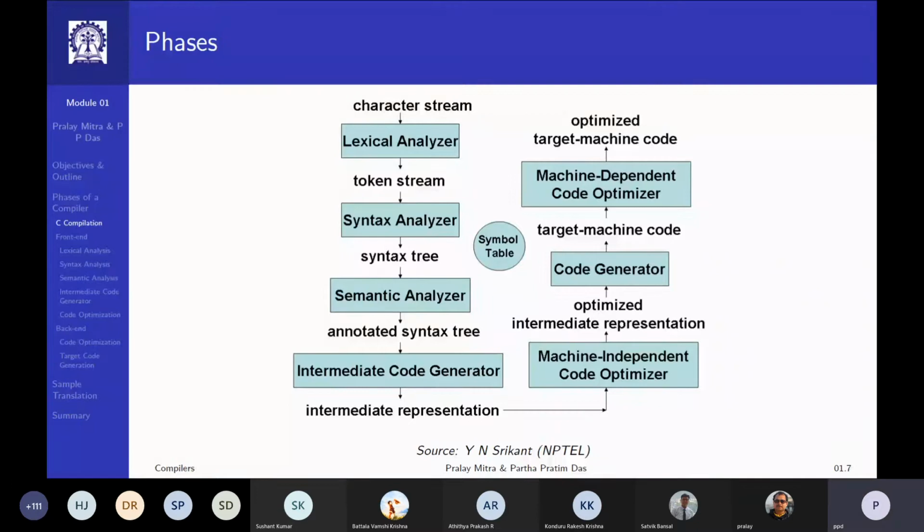"Goat can fly" is a grammatically correct sentence, right? Because it has the subject, verb, predicate, and all those are in place. But it is semantically not correct. It's not a meaningful sentence. So there is a difference between syntactic correctness and semantic correctness.